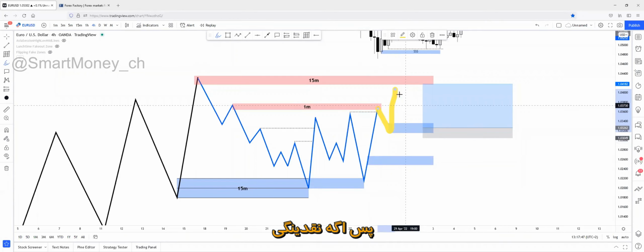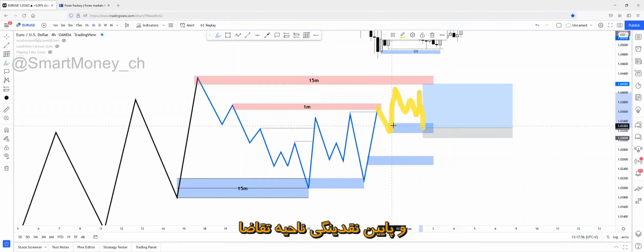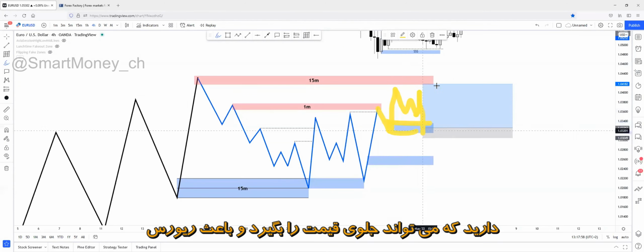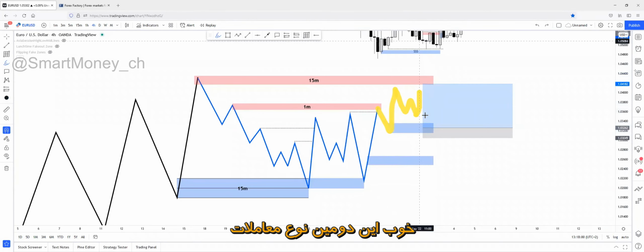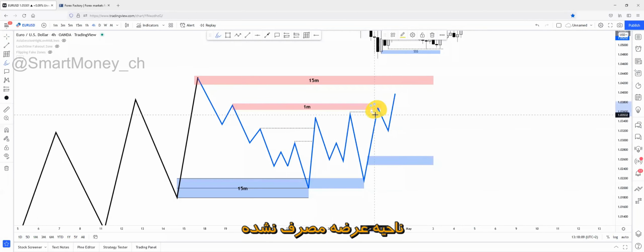So if liquidity is being confirmed right here, formed right here, then this will be a perfect 100% scenario setup, because you had liquidity and the next recent zone below/above the liquidity will be able to hold and reverse price. So this is the second type of continuation, based on the tap of the next recent unmitigated zone.